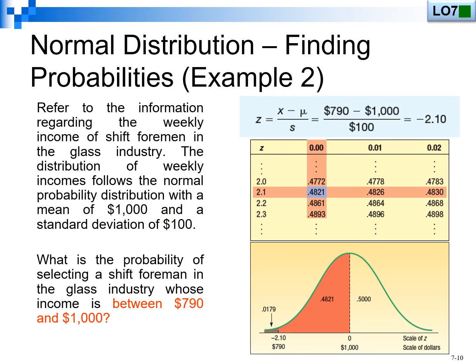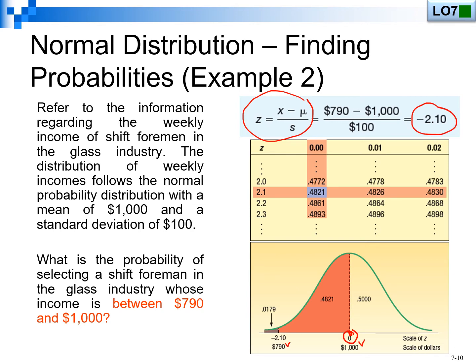Now in this illustration, you're trying to find the area between the income that's right at $790 and 1,000. Remember, 1,000 is still your mean, so that's going to have a z-score of 0. 790 has to be converted into a z-score, so they did that right up here. Don't worry about this letter s. That's the sample standard deviation, but for now, just make sure you know that it's the standard deviation for this purpose. If you took 790 minus the mean of 1,000, divided by 100, you get a z-score that in this case is